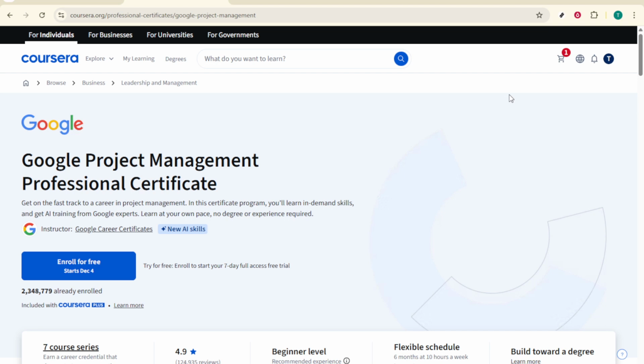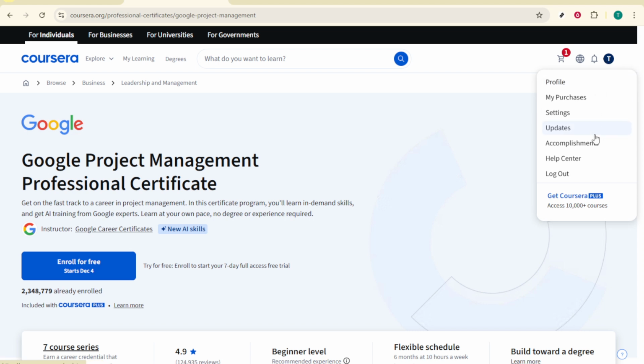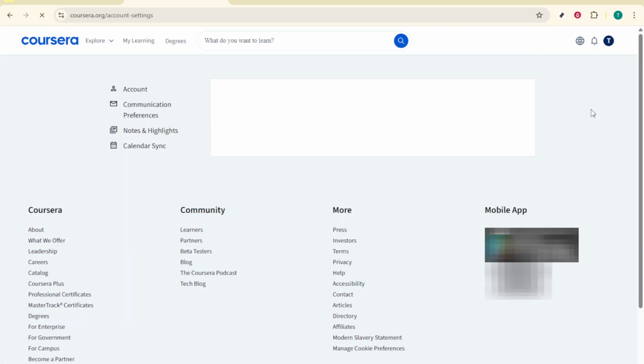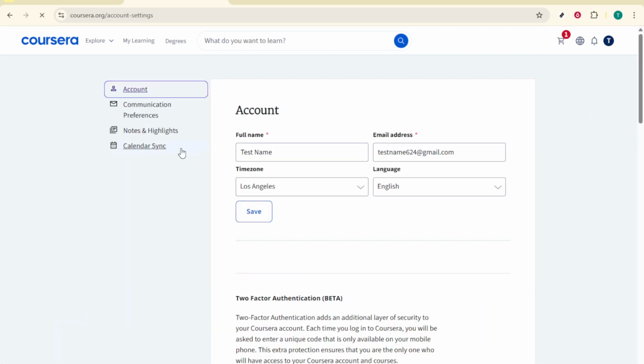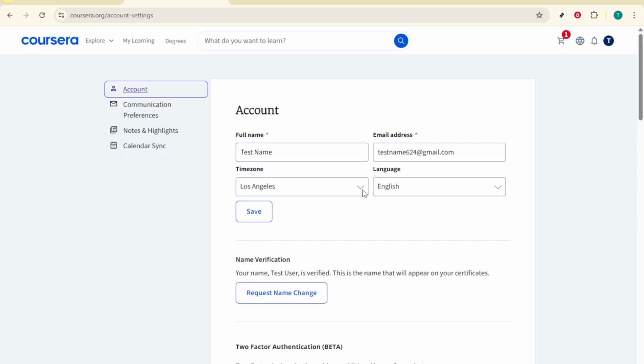Once you're on the reset page, enter the email address you use for your Coursera account. Take a moment to double check for typos. Extra spaces or misspelled domains are common hiccups. When you're confident it's correct, click Send Password Reset. You may see a brief security check, complete it if prompted, and then wait for the confirmation that the email has